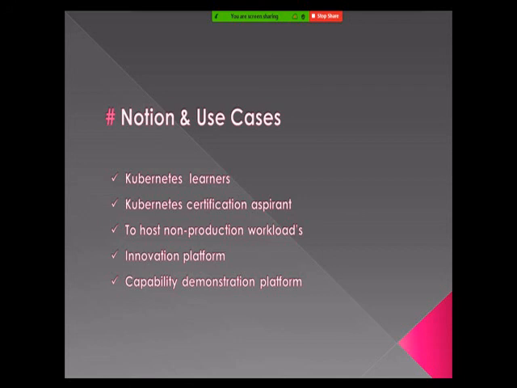The fourth one is an innovation platform. Definitely, if you want to try any sort of new changes, for example a Kubernetes platform version upgrade, or any sort of new service implementation in Kubernetes, you can experiment with those new features and changing services on this Kubernetes platform, what we are going to build now, and then apply those changes to your actual Kubernetes production live workloads.